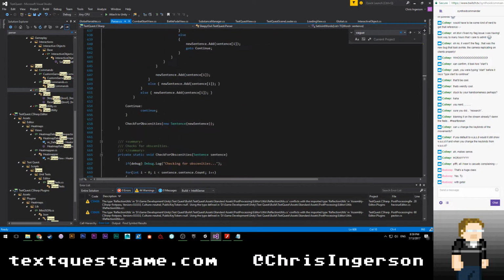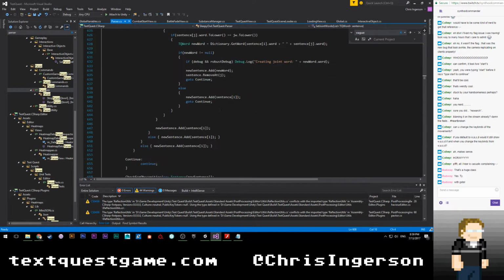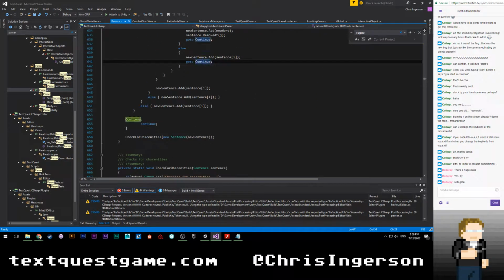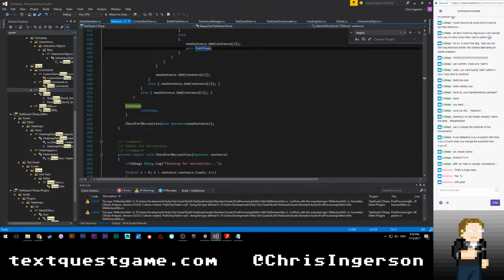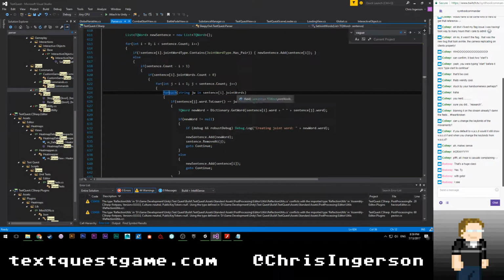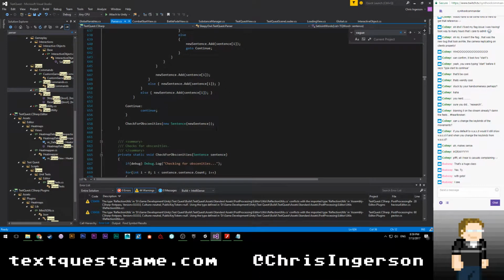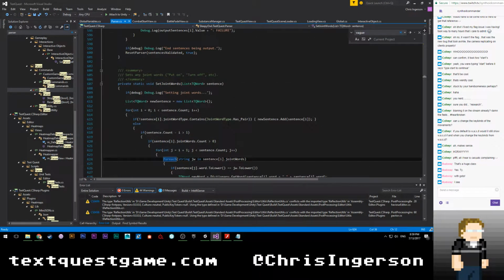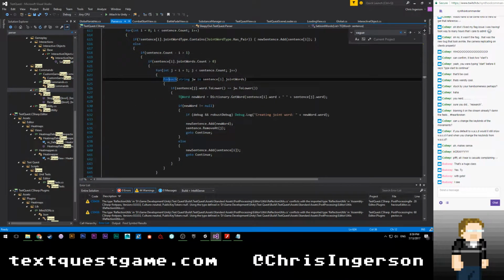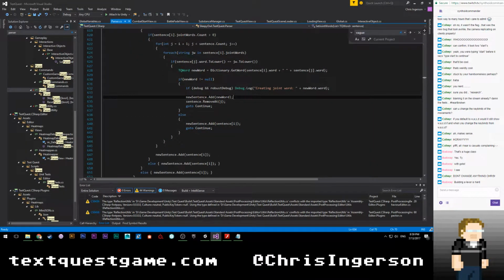I do have go-tos, because there are some pretty nasty nested loops. And if I don't use go-tos, then I have massive breaks that I have to use instead. So I probably should get rid of this for each loop and probably just make it a for loop instead. Yeah, the parser class is by far the crown jewel of this game. I am super proud of it, even if there is a little bit of messy code in it, admittedly, because this was the first thing that I wrote, which makes sense because I can't have a text-based adventure without a parser. But don't change it.